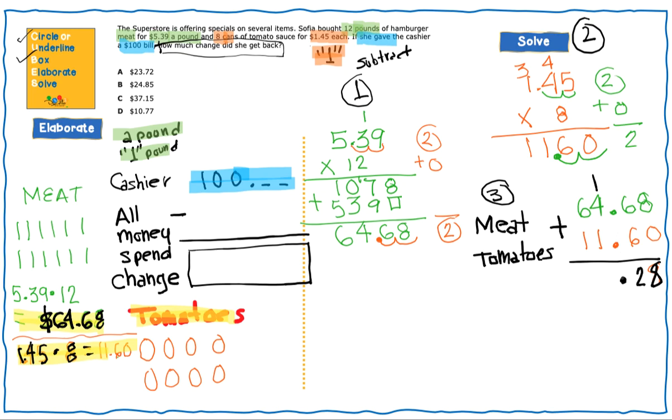We didn't do that when multiplying. Multiplying is different. 1 plus 4, 5. 5 plus 1, that's 6. 6 plus 1, 7. Great. We know all the money that she spent in meat and tomatoes combined. So I'm gonna go back to my plan, and here I have, okay, what she gave to the cashier, and then minus all the money that she spent, and all the money that she spent is